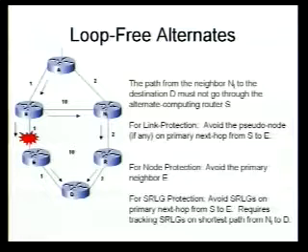What needs to happen? Well, the path from NI to D has to not go back through S. That's in order to use it at all. It has to not go back through the link between S and E, which is an issue if you have a broadcast interface, Ethernet. And it has to, if you're looking for node protection, not go through E itself. If you want SRLG protection, you can compute that as well. It's a bit more information to drag through the SPF computation.